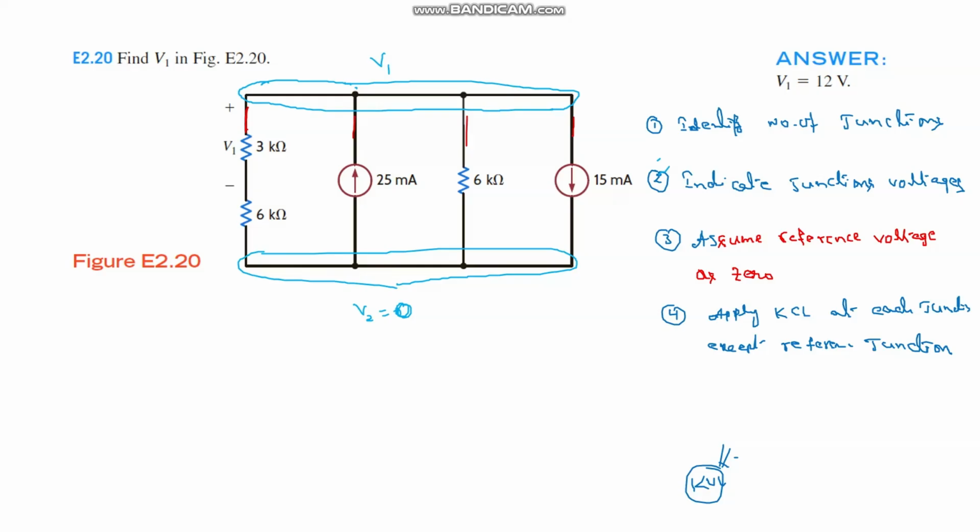Here I am assuming all are outgoing only. So this is outgoing current from junction 1, and this is also outgoing, this is also outgoing, and this is also outgoing. All are outgoing currents only. You can also assume any one of the current paths as incoming and the remaining as outgoing, or all incoming also. So this is current I1, this is current I2, this is current I3, and this is current